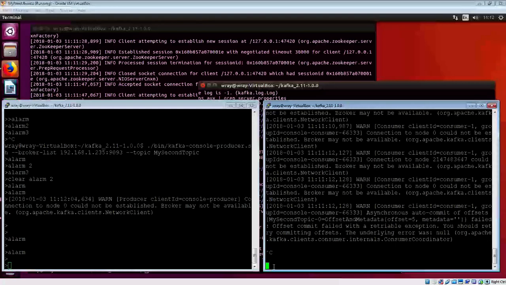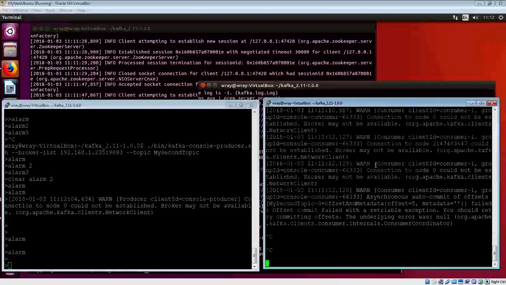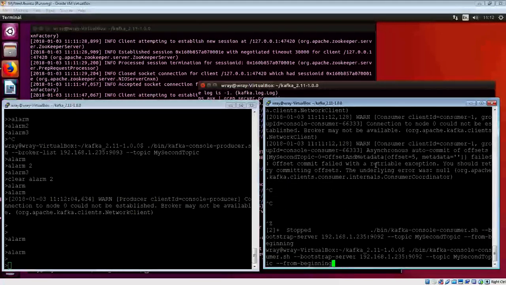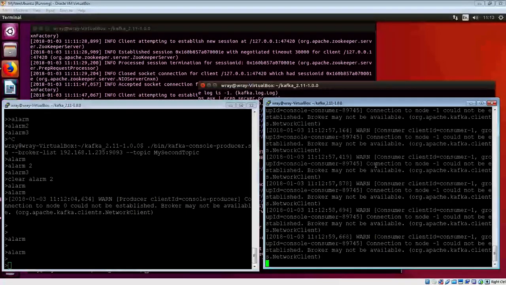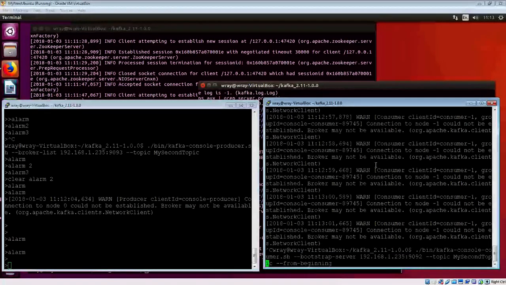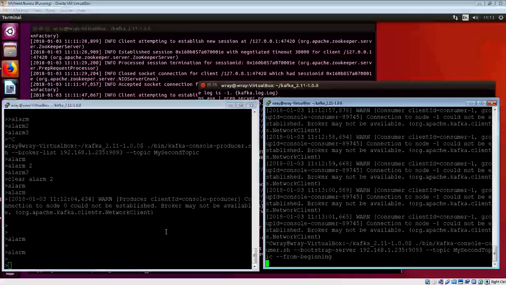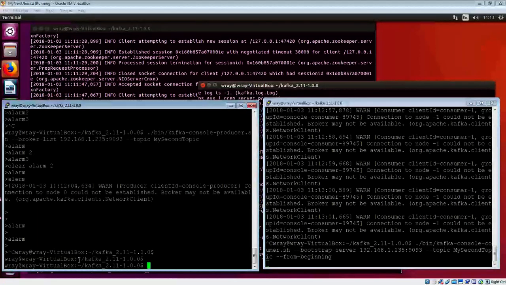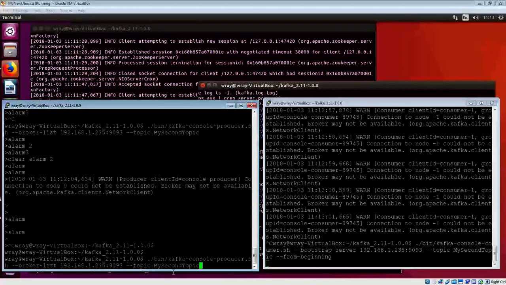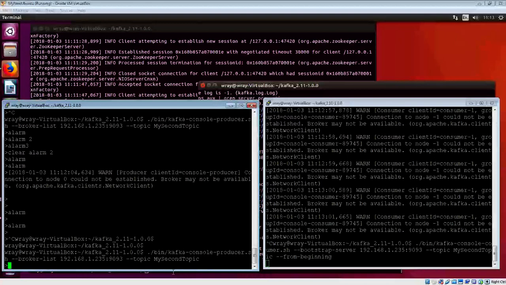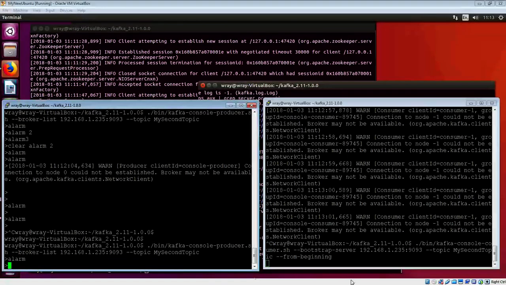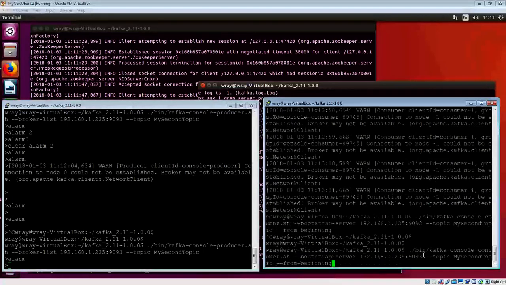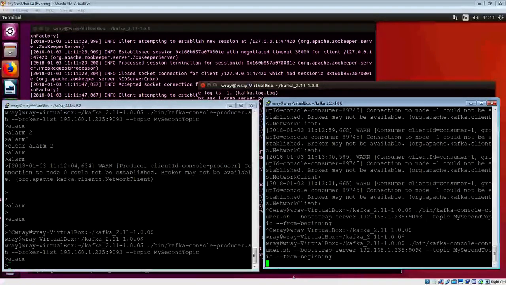Let's stop the session and see if we can start that again. So this is on 9092. There's no client on 9092, so we can't use that. So if we go to 9093, next one up, and I'm just going to stop the producer on the other side. If we have a look at this one, this was actually talking to 9093. So we'll start that one again, and we'll start sending out alarms. So having problems out here with regards to the receiver, the consumer. Let's put that up to 9094. We should be seeing all of the alarms coming through here